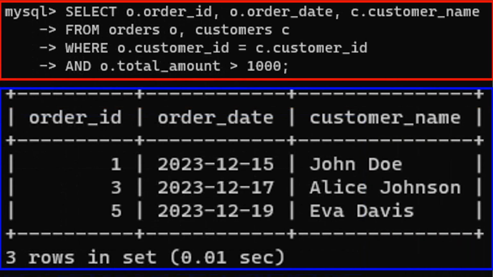Now is the time to use table aliases. Look at the red box. We type the statement, select o.order_ID, o.order_date, c.customer_name from orders o, customers c where o.customer_ID = c.customer_ID and o.total_amount > 1000;